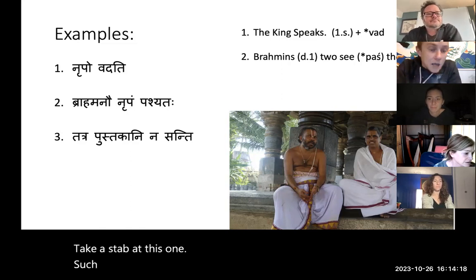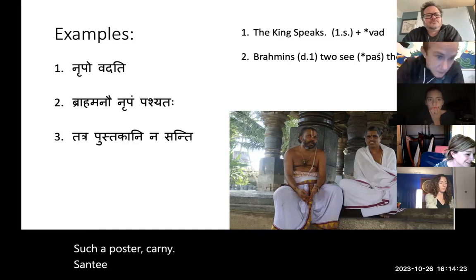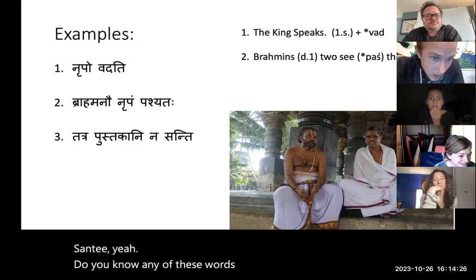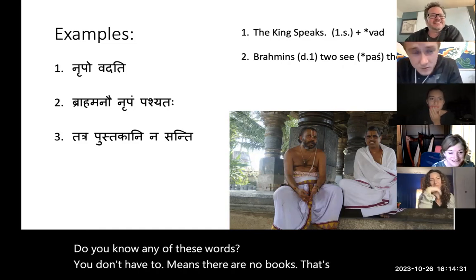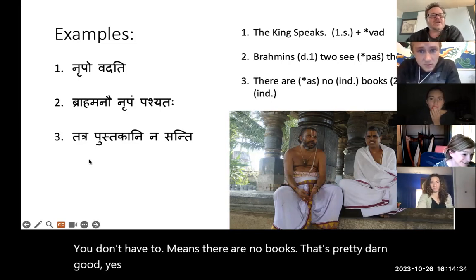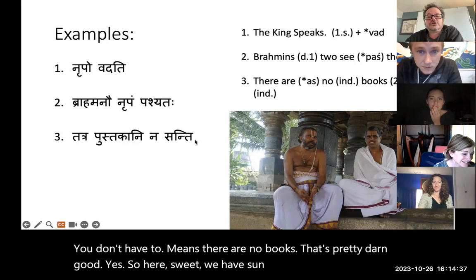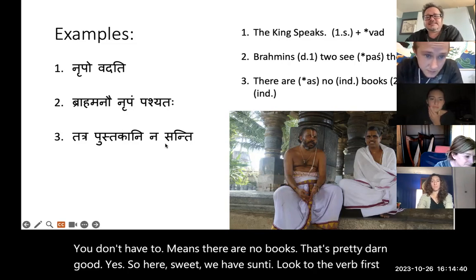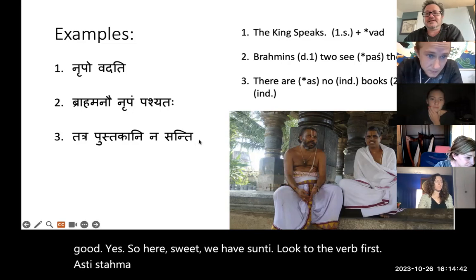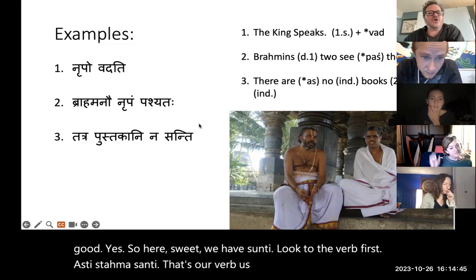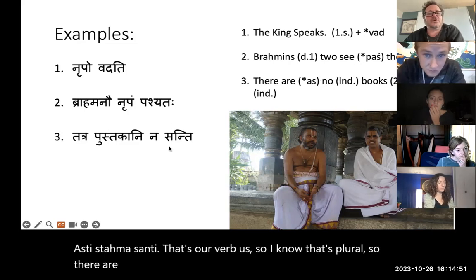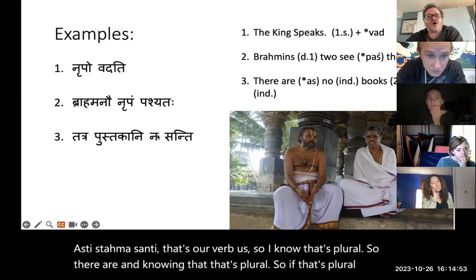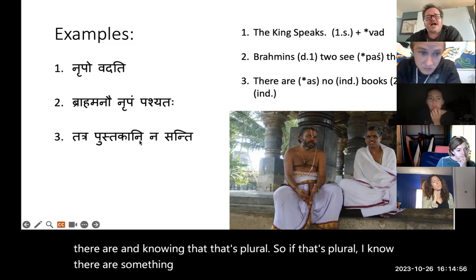Tatra pustakani na santi. Do you know any of these words? I think it means there are no books. That's pretty darn good. Yes. So here, we have santi. Look to the verb first. Asti, staha, santi. That's our verb us. So I know that's plural. So there are, and knowing that that's plural, I know there are something. And I know pustakani,